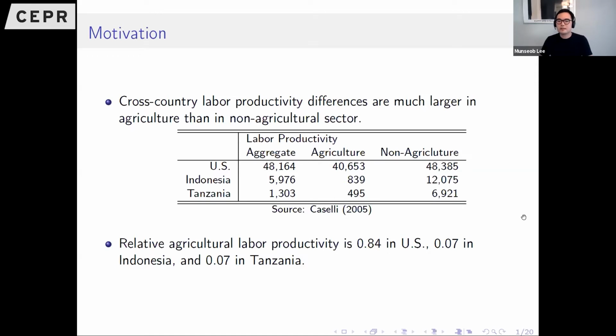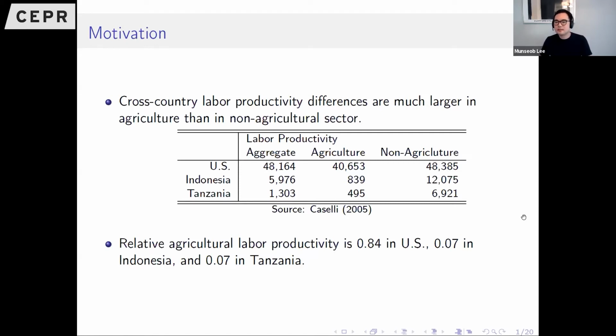So in the US, relative agricultural labor productivity is 84%, meaning that agriculture is 16% less productive than non-agriculture in labor productivity. But if you look at other countries, say Indonesia and Tanzania, relative agricultural labor